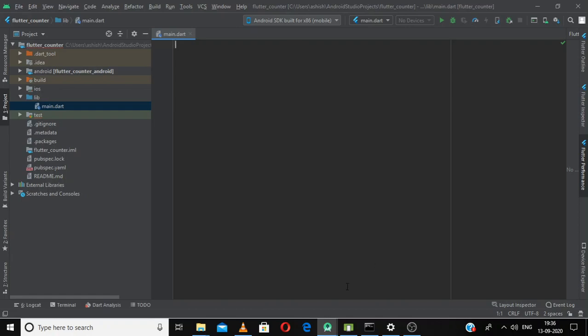So what happens, when you are going to start your application, the Flutter package looks for the main.dart file in the lib folder, and that main.dart file looks for the main function. So what is a function? A function is a snippet of code which you can use multiple times.